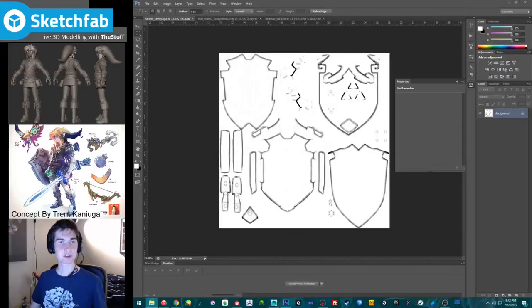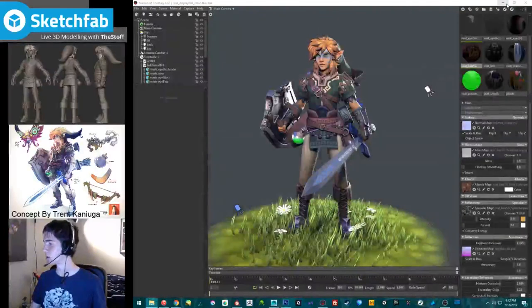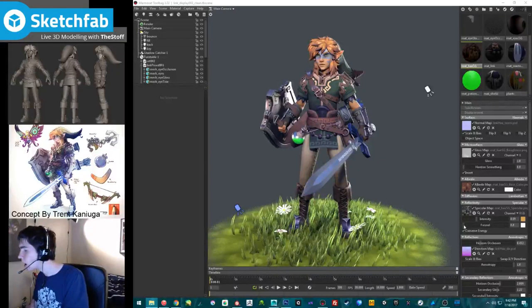So we're gonna go into textures. What did I do for specular? Oh, I actually have a spec map. Is that even the right spec map though? I guess I did throw in a base spec, eh?